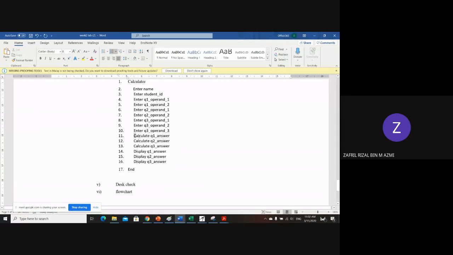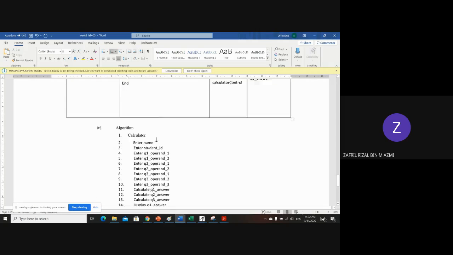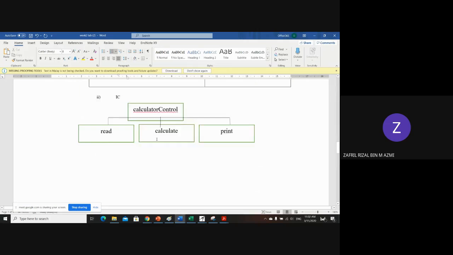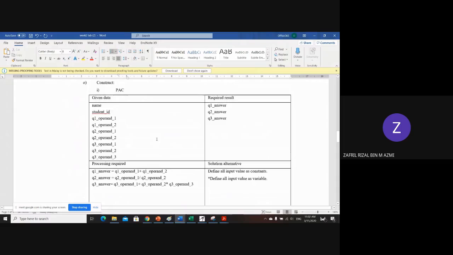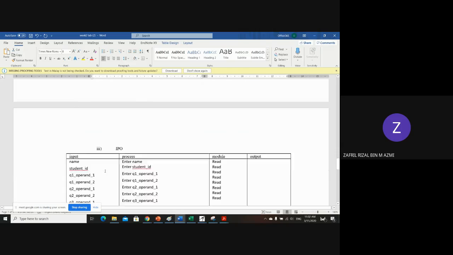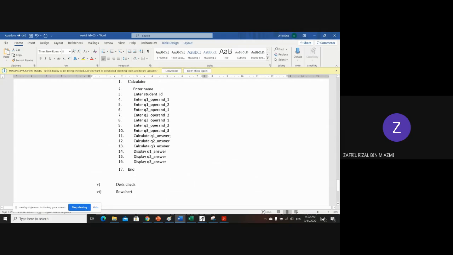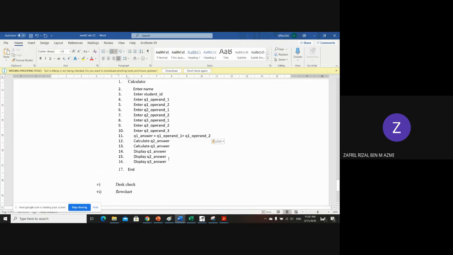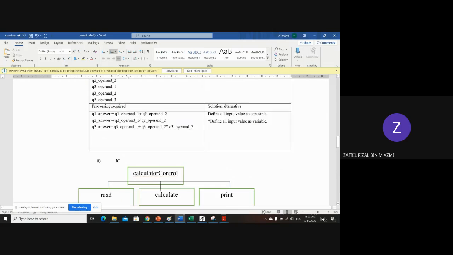So this is not a formal way to represent a calculation, right? A formal way to represent a calculation is by putting the equation or expression. So refer to the PAC. Okay, and take all the required equations and replace them with the calculate statement. Replace it then. Okay, this is Q1,